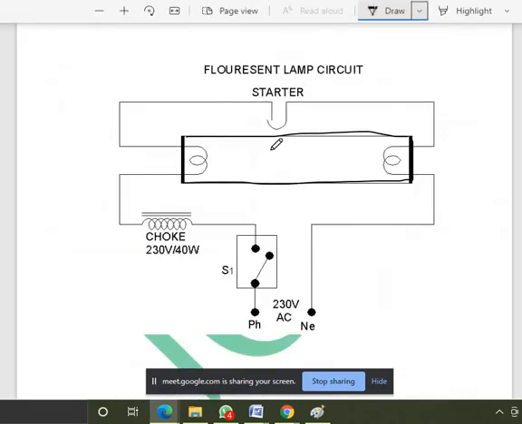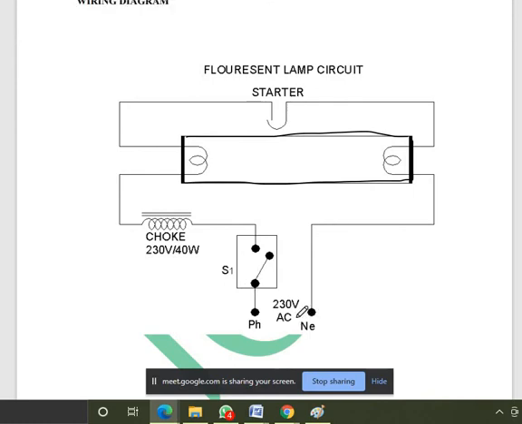So this is a tube light, and we can connect the tube light with a single switch. That's all for the experiment. Here you take the neutral, and it should be connected to one end of the tube, because the tube light has 4 pins in total. This is the tube arrangement: this is 1 pin, this is 1 pin, and this and this. One pin should be connected to neutral, and the phase will be connected to the switch.